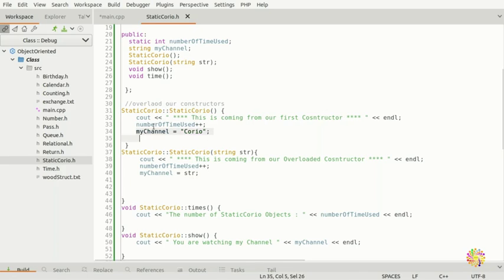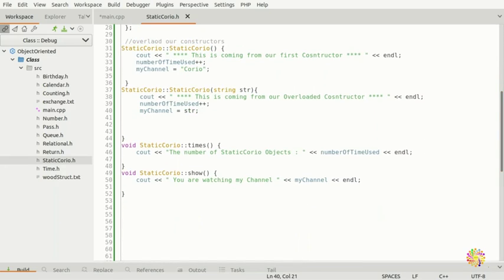The reason is, and keep in mind, we have number of objects, and number of times used is static. This one is static, and this one is not static, because this one is going to change. We're going to change it there, but this one is here and it's going to count how many times the first object is initialized, because the constructor is the initializer. They initialize our objects. Now this one's done, and we're going to move forward